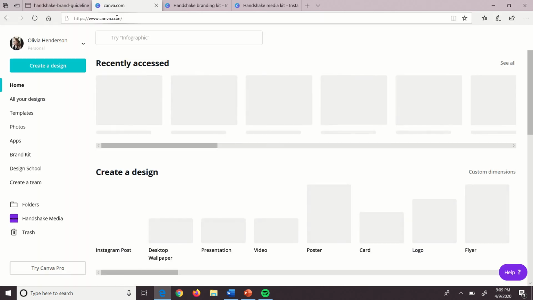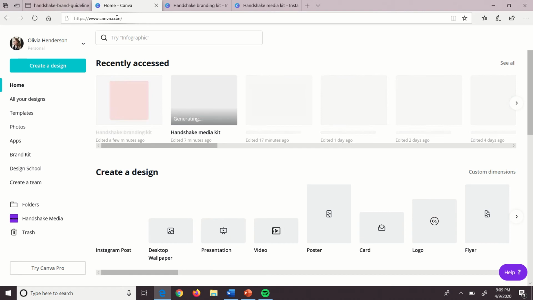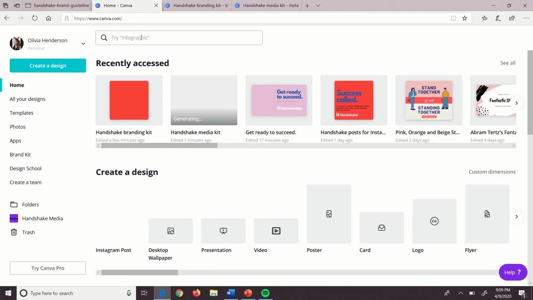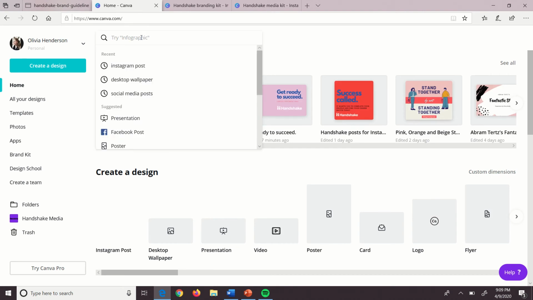Okay, and once you get here, I'm already logged into my account. So we're just going to go ahead and go over to this search bar here, and we are going to search for, let's build an Instagram post now. So we're going to scroll down here to Instagram post,